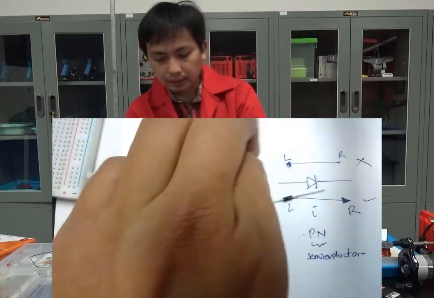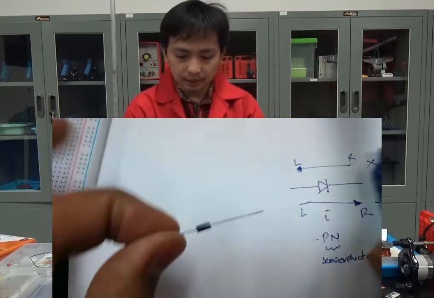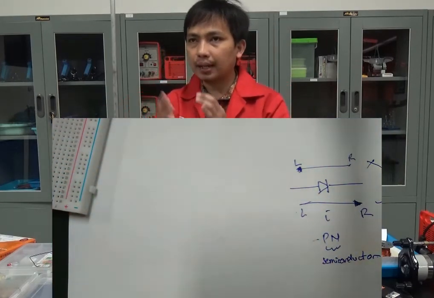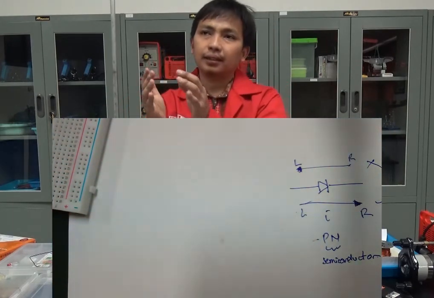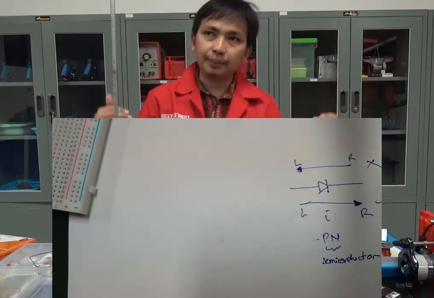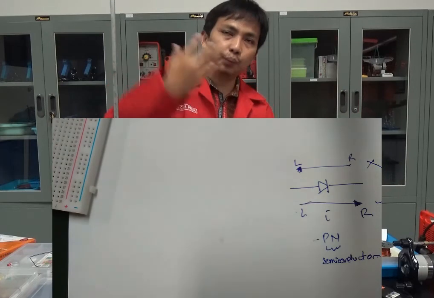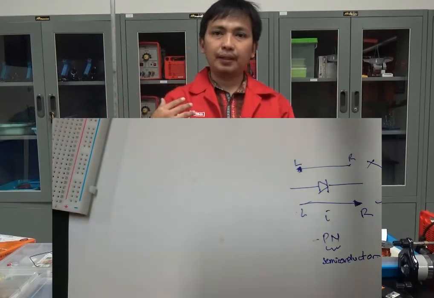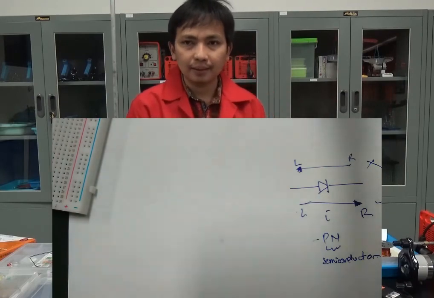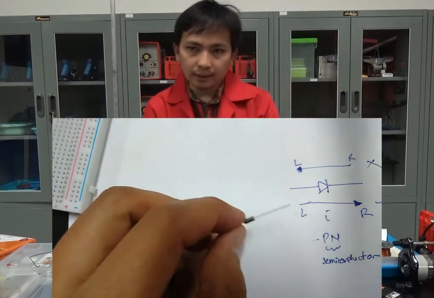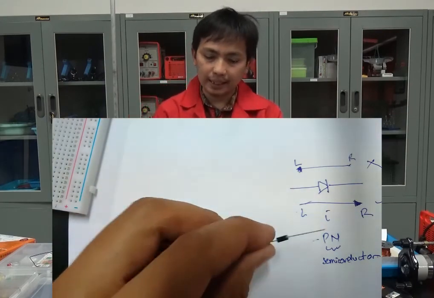So a diode is composed of semiconductor, and in a semiconductor one side is rich in electrons, but the other side is poor in electrons. So if electrons are supplied to the rich side, they will not be received by the material. That's why a diode just allows the current in one direction.